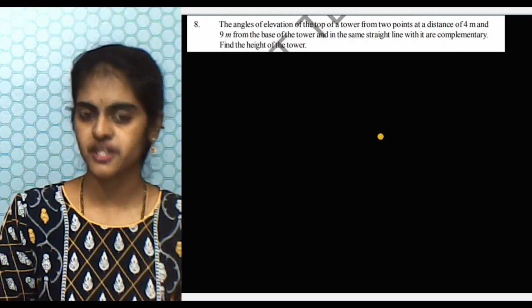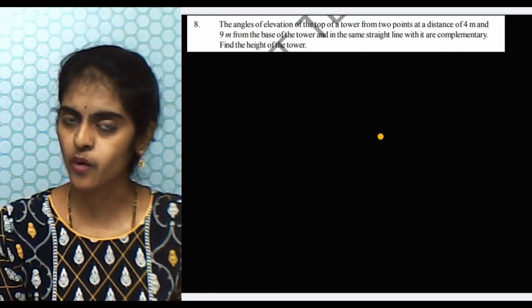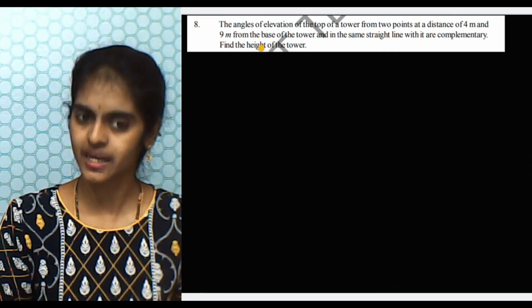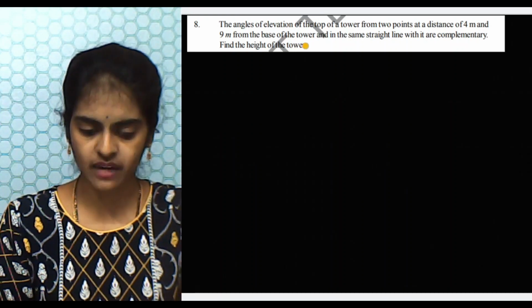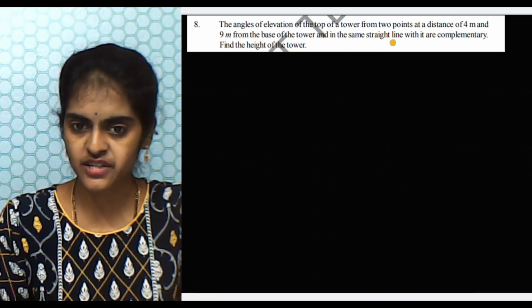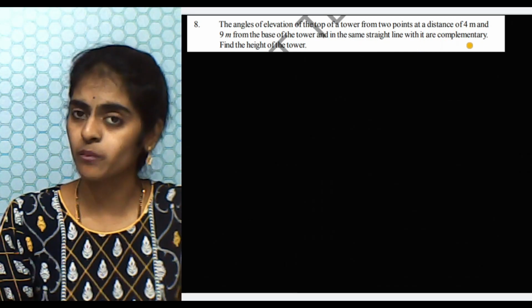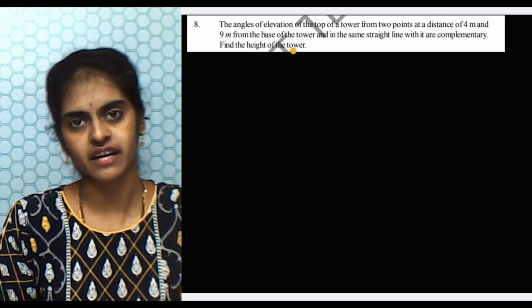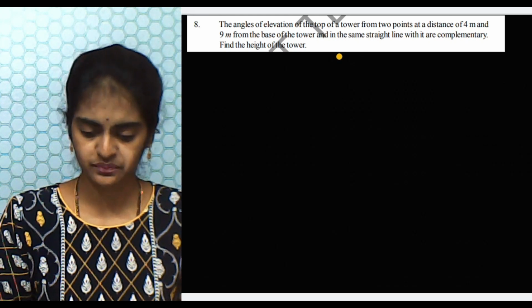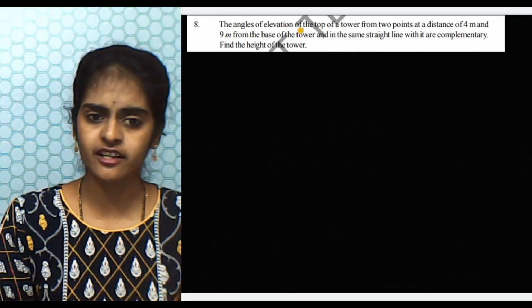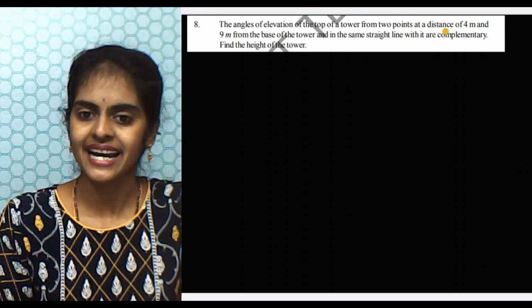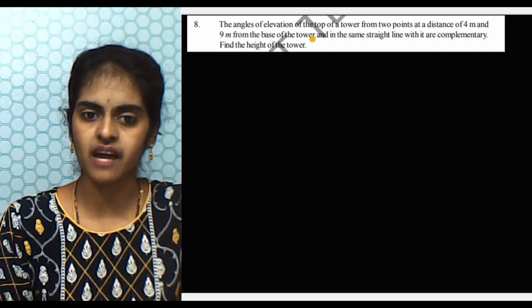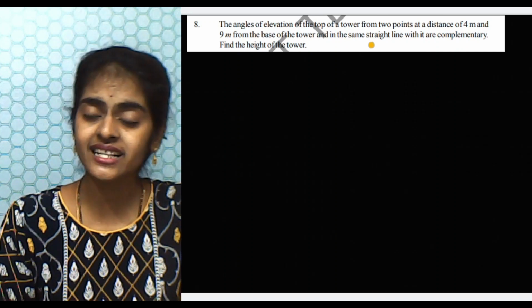The angles of elevation of top of a tower from 2 points at a distance 4 meter and 9 meter from the base of a tower and in the same straight line with it are complementary. Find the height of the tower. Here what is given? The angles of elevation of top of a tower from 2 points at a distance 4 meter and 9 meter away from the base of the tower and in the same